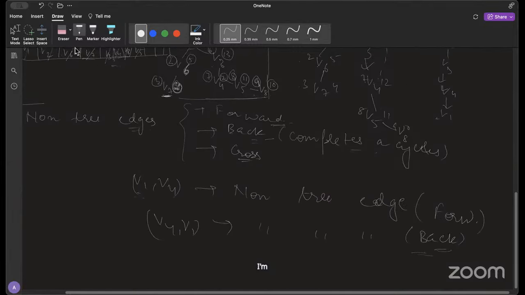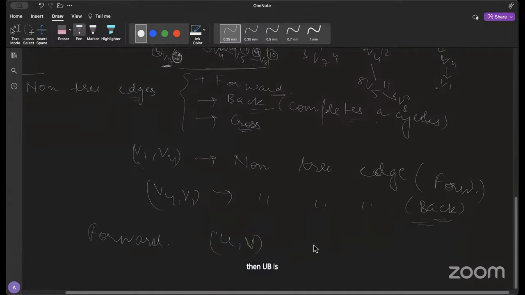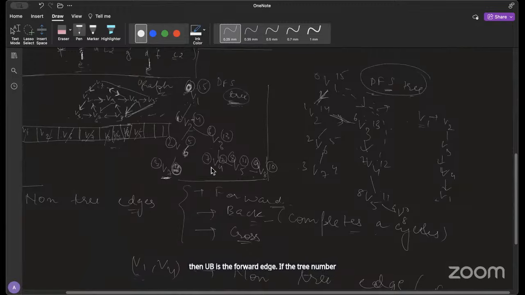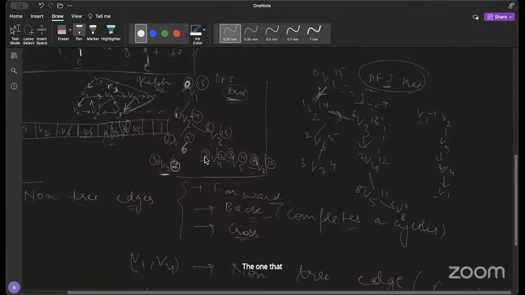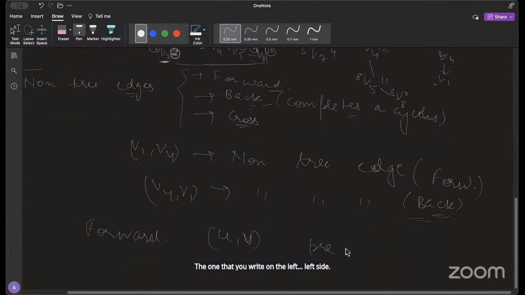I'm writing the proper definition of what a back edge, a cross edge, and a forward edge are. Let's start with the forward edge first. Let's say you have an edge UV. Then UV is a forward edge if, by the tree numbers, meaning the ones you write on the left side, the pre number of V and the post number of V